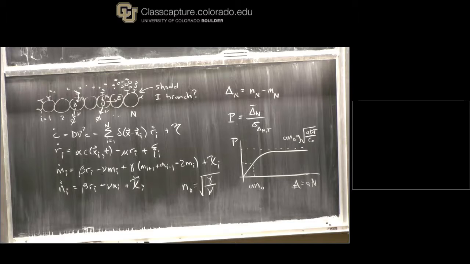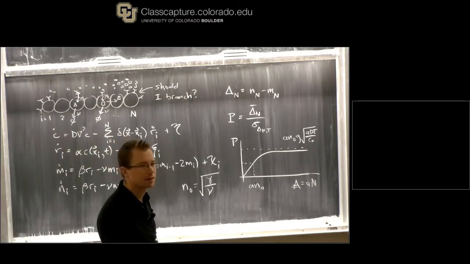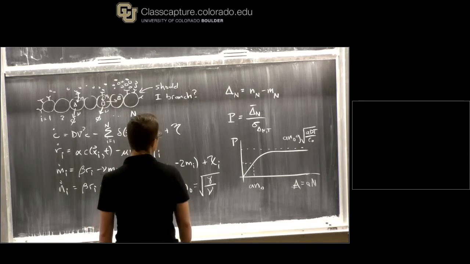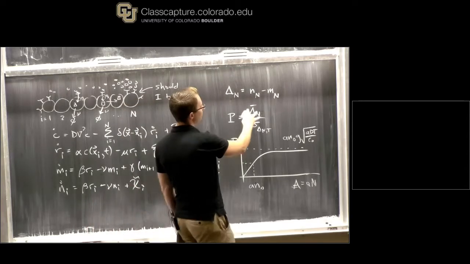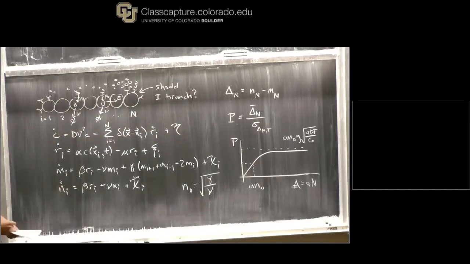Yeah? Their precision is about the delta n, which is the difference between n and m. And I don't understand why the difference between n and m has anything to do with the precision of the measurement of the concentration. Of the gradient? Yeah. So the question is, why does the difference between n and m have anything to do with the measurement of the gradient? So the answer is that